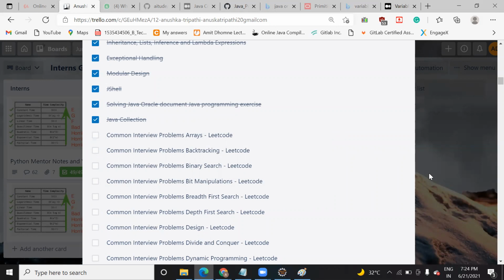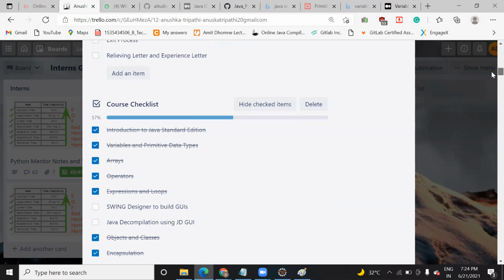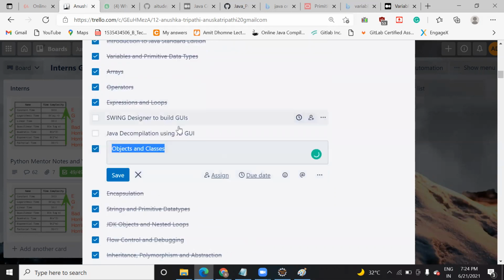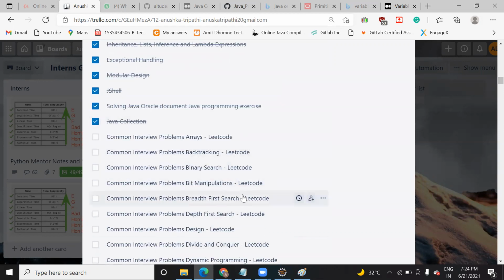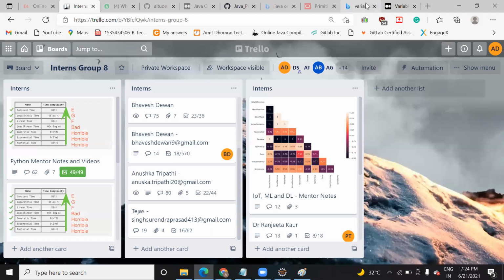You need to give time from your side. Why I wanted to start this data structure is because these are more important from the competition point of view. In competition, they don't ask you the UI part. So this UI part we can do in the Saturday, Sunday class. But this data structure we should go ahead with. Okay. So just download this code and practice it.